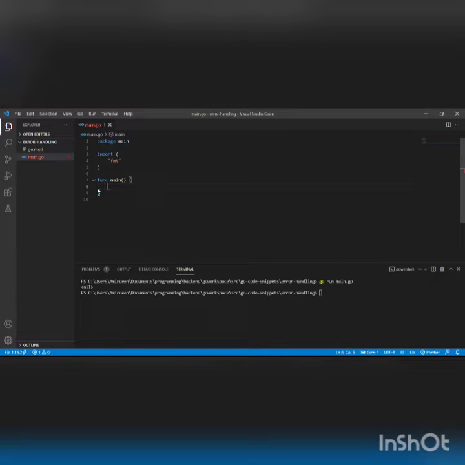I'll use the package os and the function Create. Then I'll pass in the name of the file I want to create, let's say file.txt. This one returns two values. The first one is the file itself, and the second one is an error. To handle this error, I'll simply say if err is not equal to nil. What this means is that if the error is something, meaning there's an error, I can just log.Println